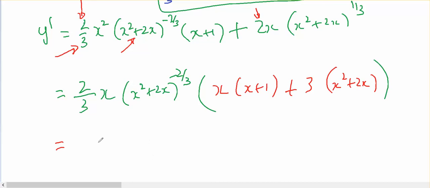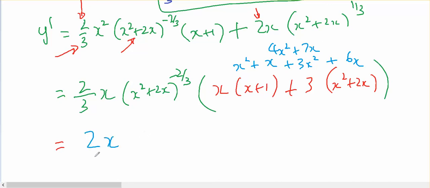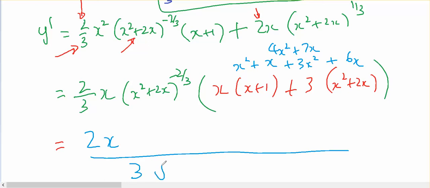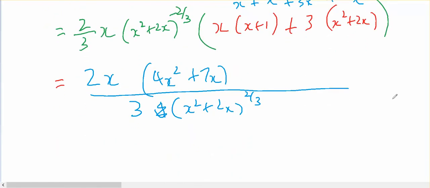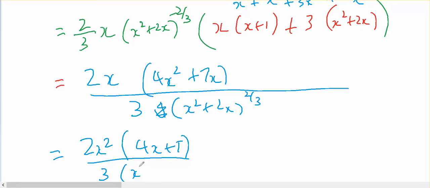So now to do my cleanup, I'm going to have in here x squared plus x plus 3x squared plus 6x, which gives me 4x squared plus 7x. So I've got 2x over 3 times this times (x squared plus 2x) to the 2/3, and then I'm left with 4x squared plus 7x, and I can see a common factor of x in there, so it's going to give me 2x squared outside of 4x plus 7 over 3 times (x squared plus 2x) to the power of 2/3, and that's going